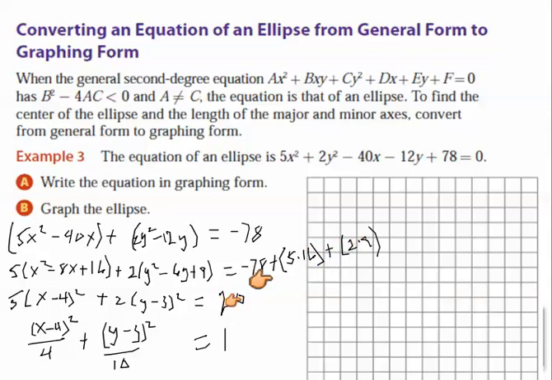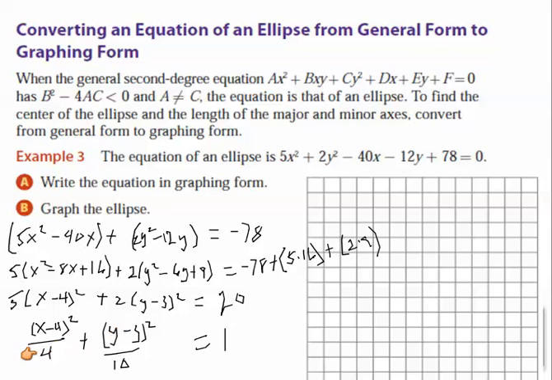So I'm going to divide by 20. 5 divided by 20, 4. 2 divided by 20, 10. There's my equation. Tells me right there, bigger number, that means it's going to be a vertical ellipse. Center is going to be at 4, 3. Okay? 4, 3. I'm going to go up 10, and I'm going to go down 10,